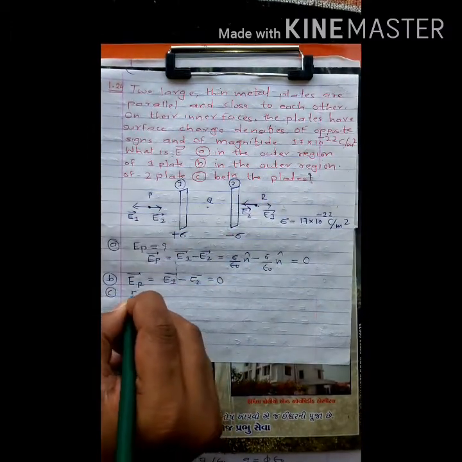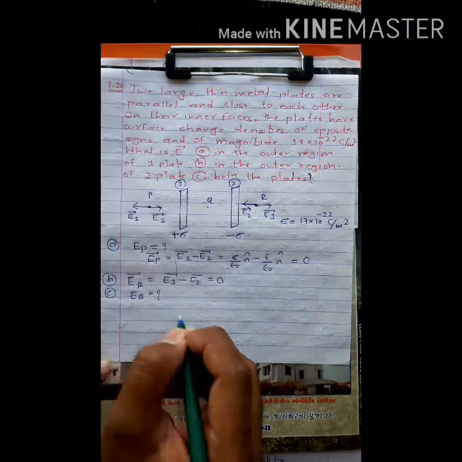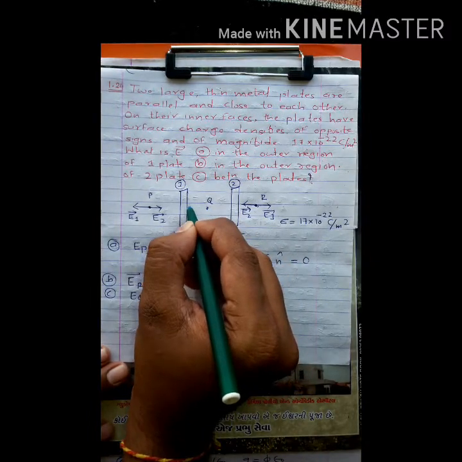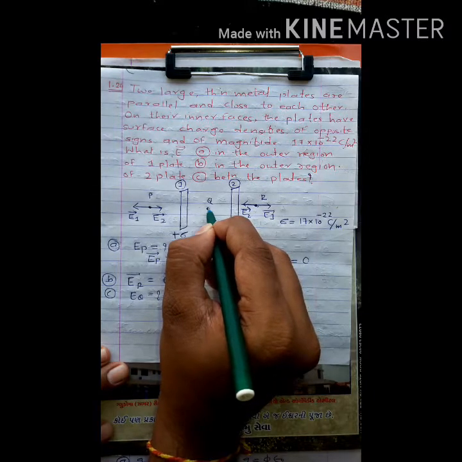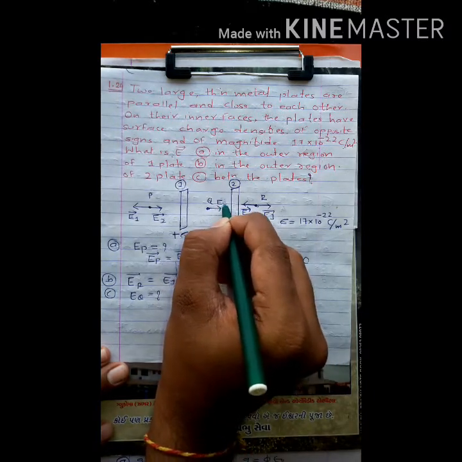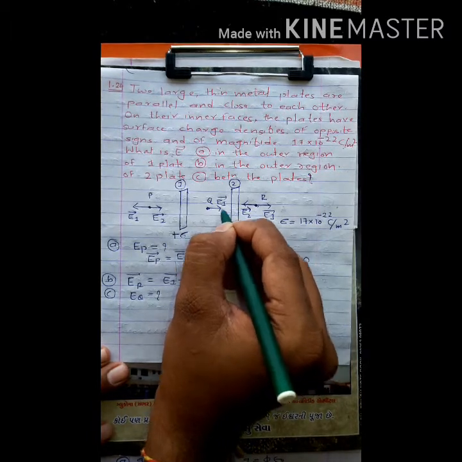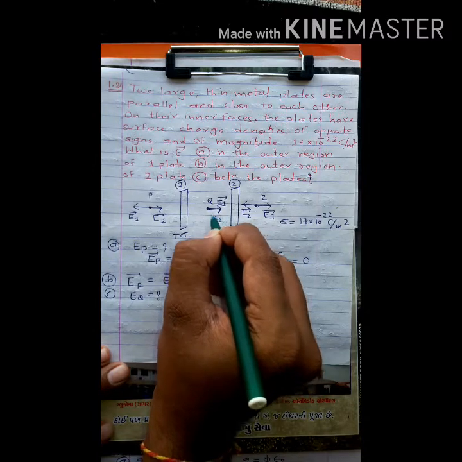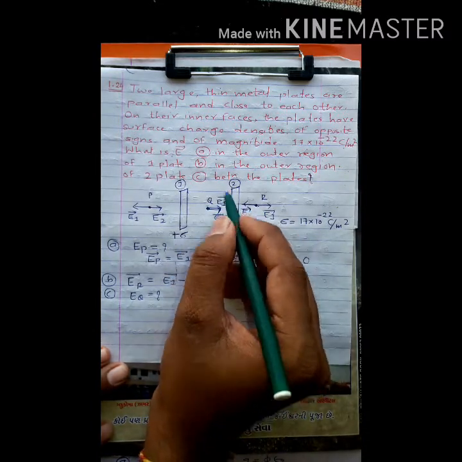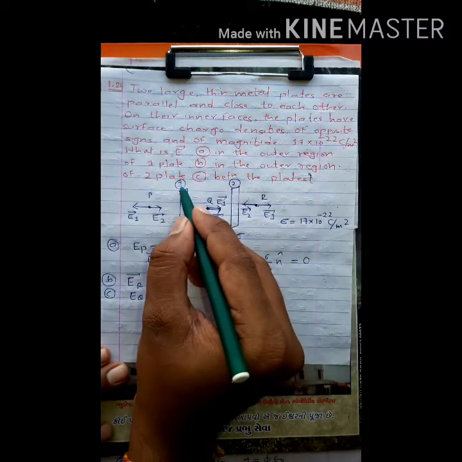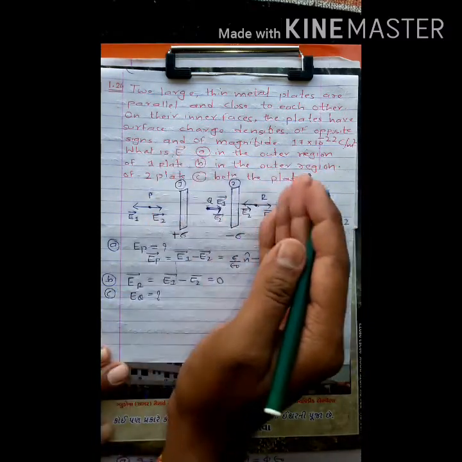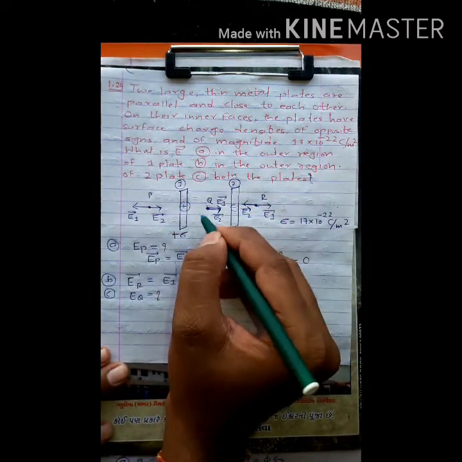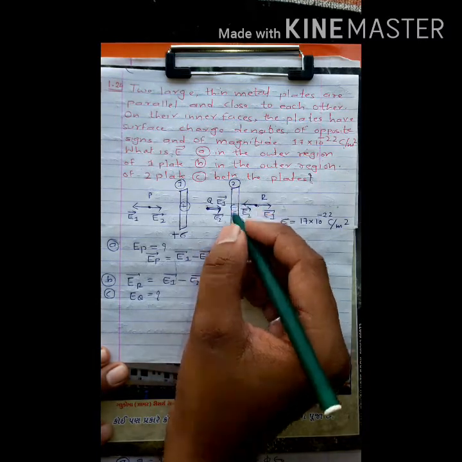Now last situation, find electric field at Q point. Now see this figure very carefully. This is our Q point. Here we have positively charged plate, so electric field is vector E1 in this direction. And this is our negatively charged plate, so electric field produced at this point is in this direction, means both are in same direction. This is positively charged plate, so electric field is produced away from plate, and this is negatively charged plate, so electric field is produced towards plate, means E1 and E2 both are in same direction.